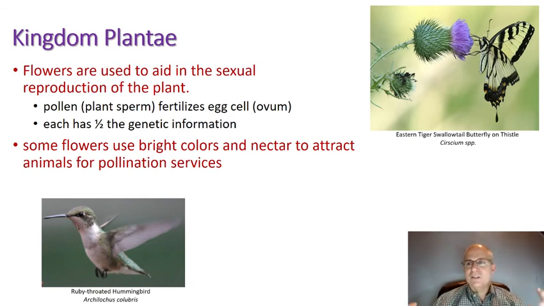And as the pollinators come along to take the nectar and feed themselves, some of the pollen is going to brush up on their body. And when the pollinator flies over to another flower to get more nectar, it drops that pollen off, and as a result, we've transferred the pollen so that sexual reproduction can occur.